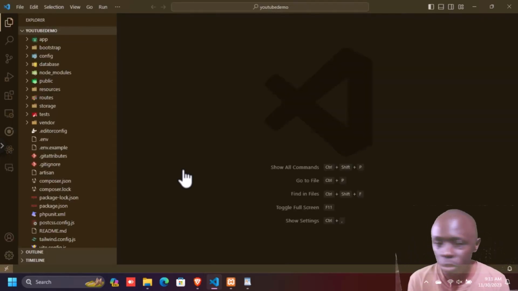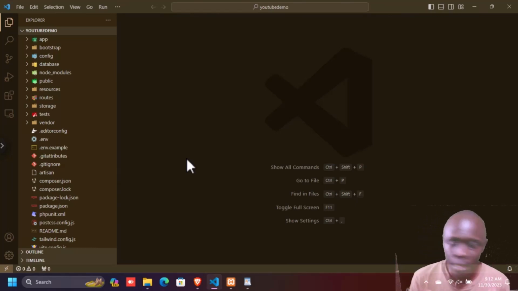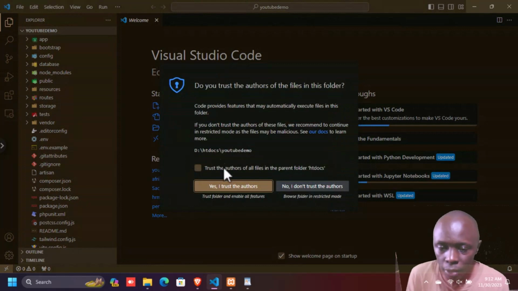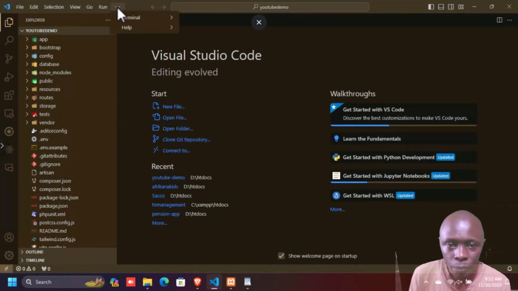Those are the two things you're just going to do today. Depending on the speed of your PC, it may go faster, in less than 15 minutes, but with me, my server, my internet is quite slow, and then I just accept. Then what we're going to do, we go to your terminal,